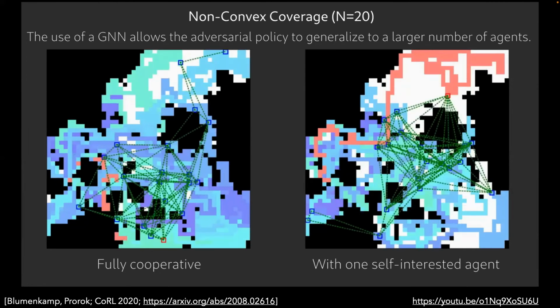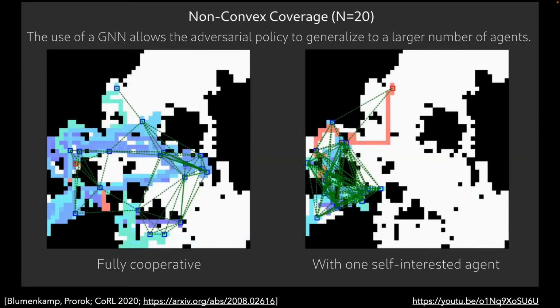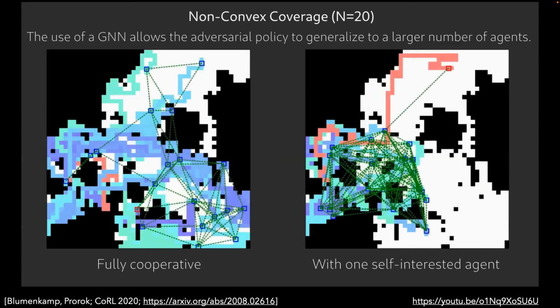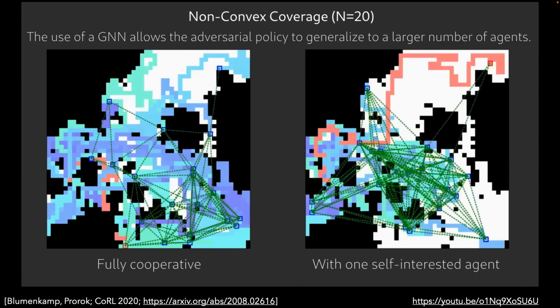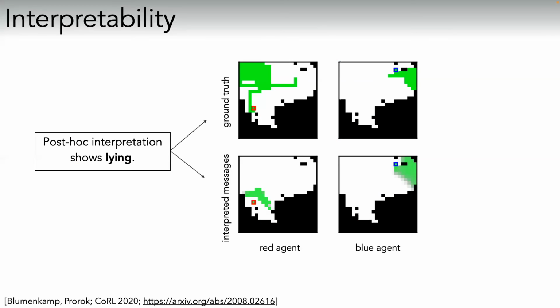And the only thing that the red agent has in terms of what it can exploit here is its communication channel. So we decided to analyze, okay, what is the red agent actually communicating here that allows it to make the blue agents behave in this way? And so we did a post hoc interpretation scheme here and trained an interpreter on mapping the latents which are sent over the communication channel onto a coverage map, right? So the assumption we're making is that the agents are communicating something that has something to do with the coverage they have performed in the previous time steps.